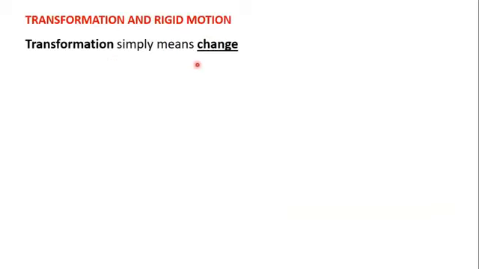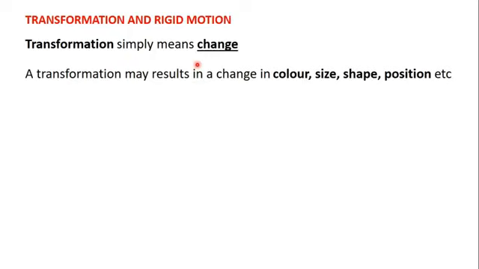The word transformation simply means change. A transformation may result in a change in color, size, shape, position, etc. In our everyday lives, we see examples of these kinds of changes or transformations. For example, the owner of a house may decide to paint his house from one color to another. So previously the house used to be yellow and he can decide to paint it with a blue color. When he does that, we can say that the house has undergone a transformation because the color of the house